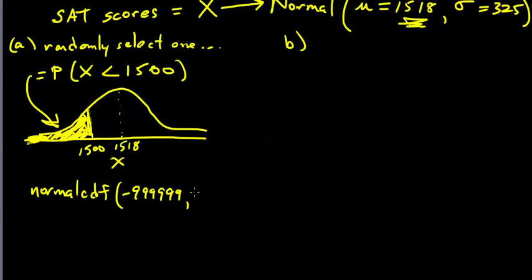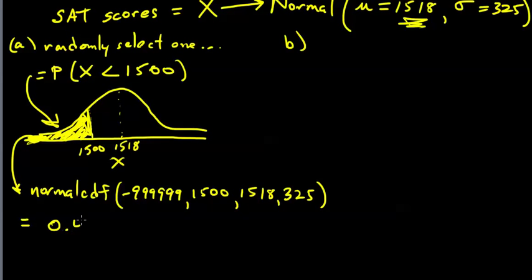Our upper bound is going to be 1500. Our mean is 1518, and our standard deviation is 325. Alright, so I can easily calculate this area, this probability, using the full power of our calculator, and I'll call that